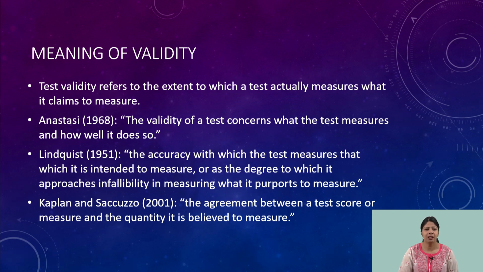Now you might think that we even covered this precision of the test in reliability. So how is reliability different from validity? Reliability, if you remember, is the consistency of test scores. Whether the test can produce scores that remain consistent either over time or across different examiners or under different circumstances, while validity refers to the quality of the test to be able to measure what it is claiming to measure. So if the test is not valid, it is very unlikely that it will be reliable.